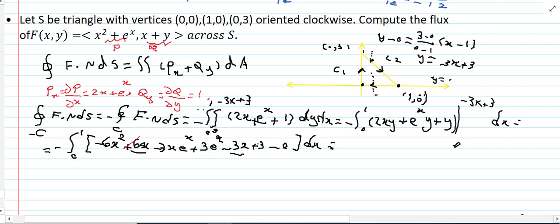Let me delete this and write only 3. Now we get the integral over dx, and we multiply with the minus. Minus times minus is positive. 6 over 3 is 2x cubed, and this one 3x minus 3 over 2 x squared, and this one needs